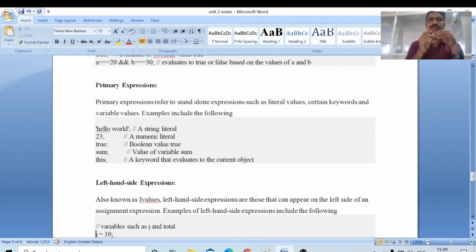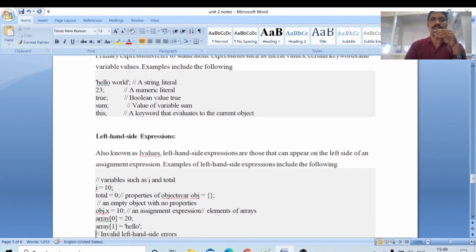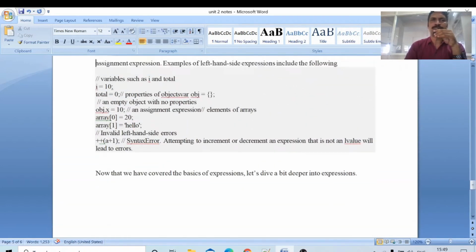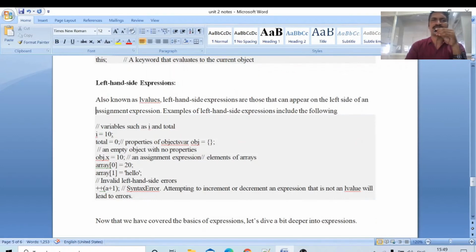There is L value and R value. I equal to 10, the value 10 will come into I. Total equal to 0. Object dot x gets 10. Array of 0 will contain 20. All these are called left hand side expressions.